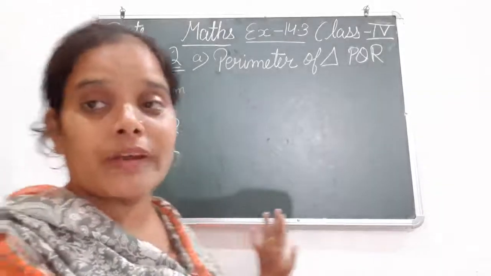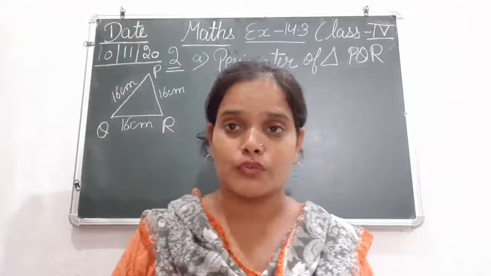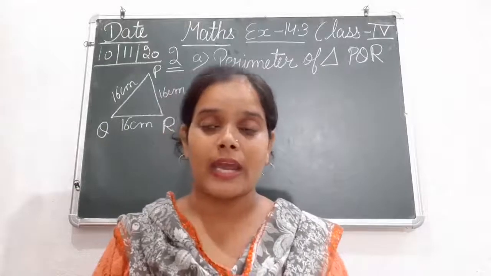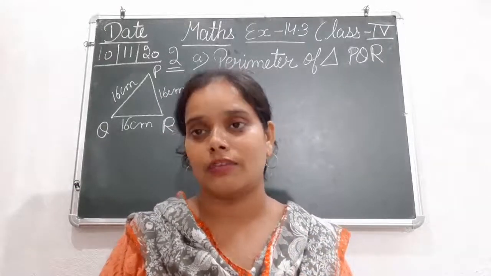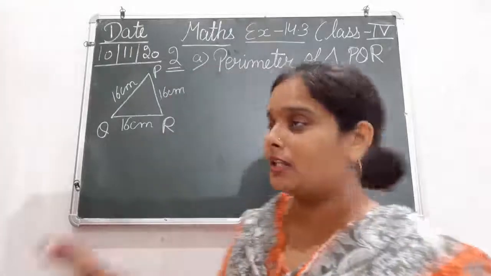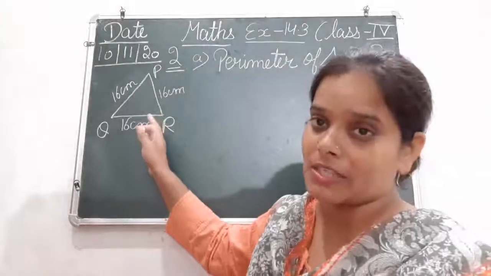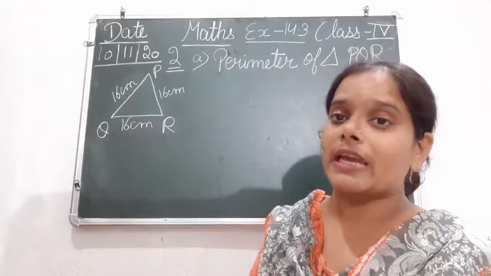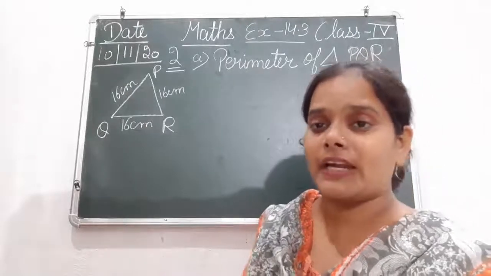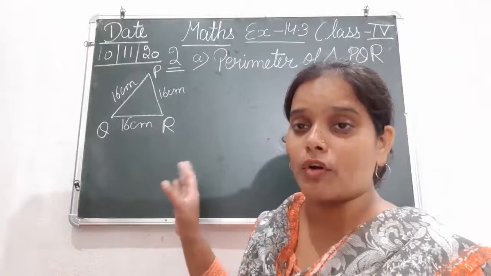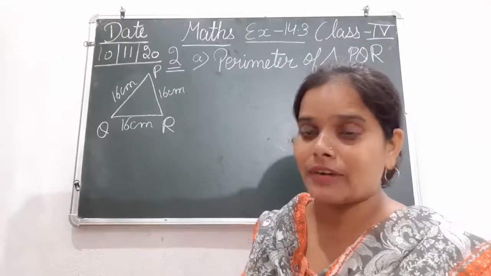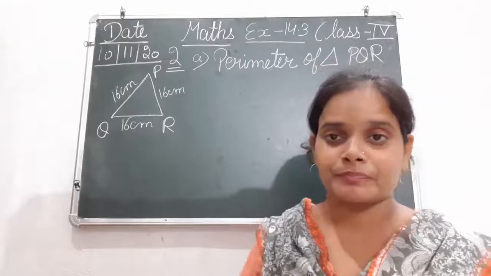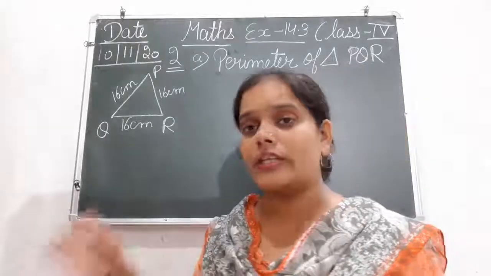So for finding the perimeter of any closed figure, we have to add the length of all the line segments of the given figure. तो जो भी फिगर दी है उसकी जितनी भी लाइन सेगमेंट्स है उनकी लेंथ को हम क्या करेंगे, ऐड. And after adding the length of all the line segments of the given figure, you can easily find the perimeter of the given figure or the given triangle.